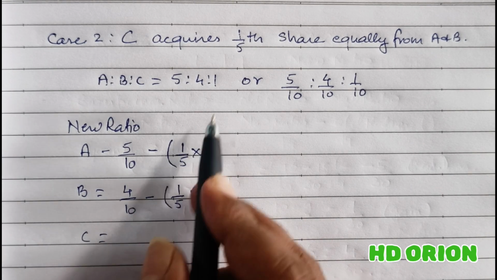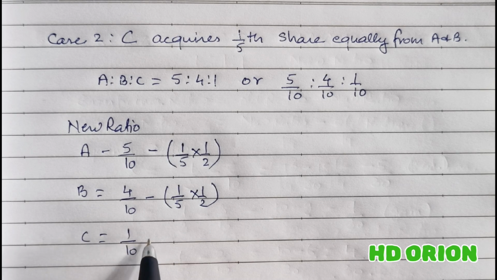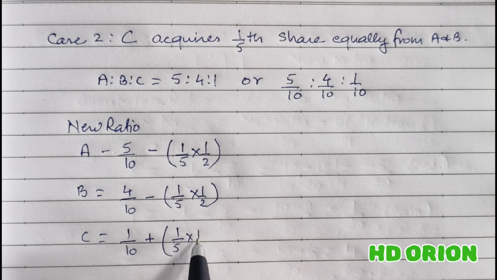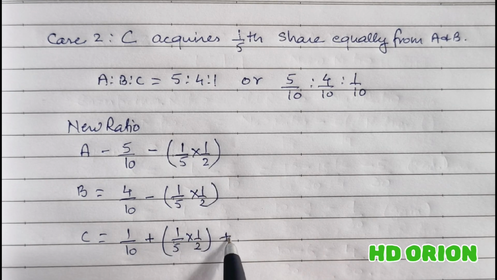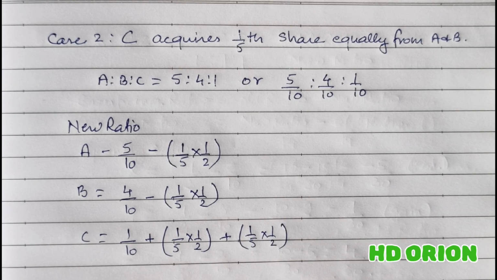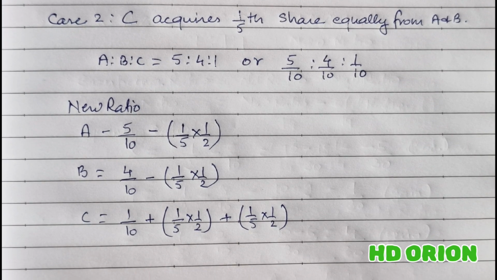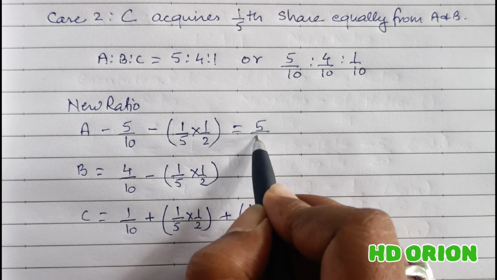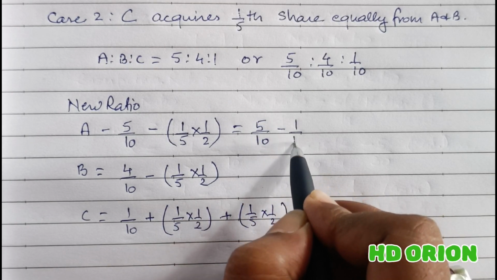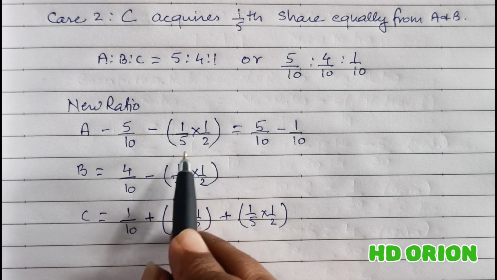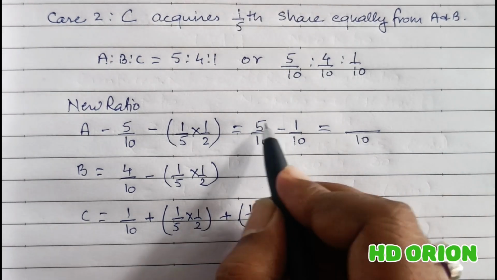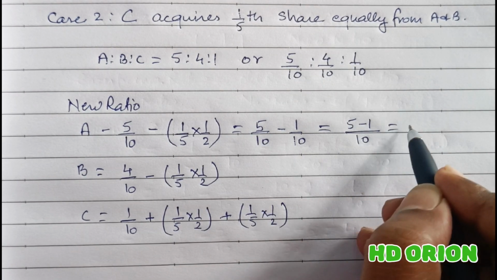And C was getting how much? 1/10, which he gets, and he gets 1/5 into 1/2 from A plus 1/5 into 1/2 from B. This way C is getting. So we can calculate it further. A is what? 5/10 minus 1/10. See, it is multiplication, so we can multiply it. Now the denominator is same, so LCM will be 10, and in the numerator we get 5 minus 1,